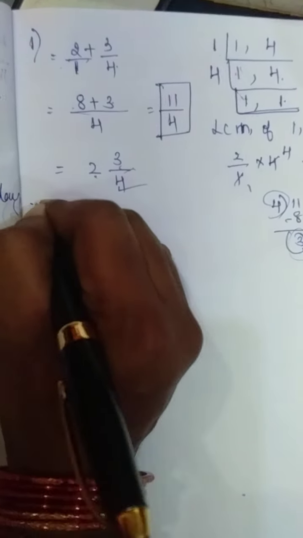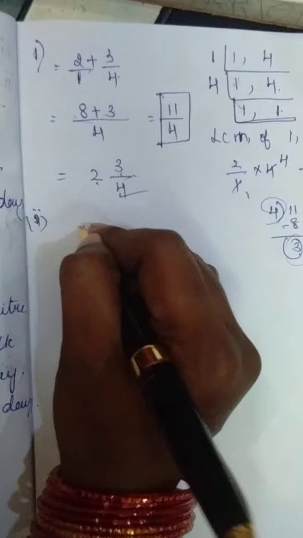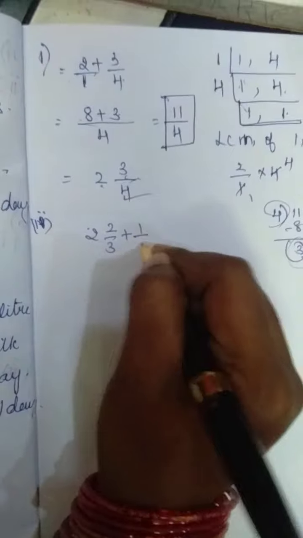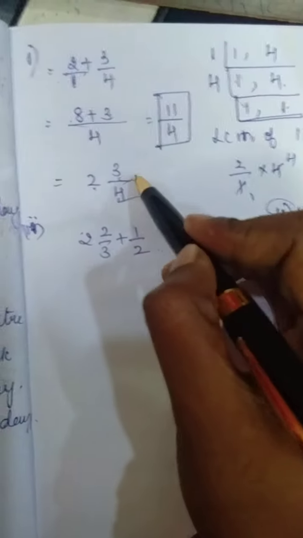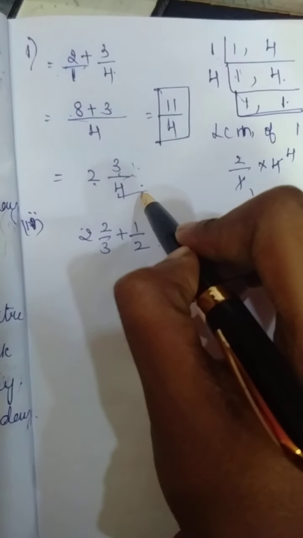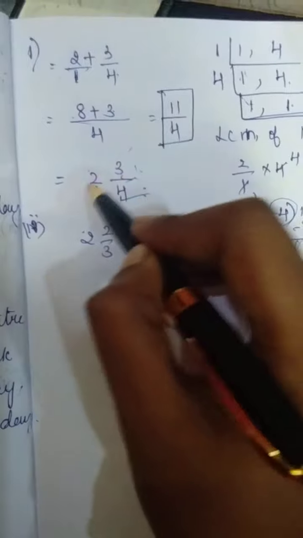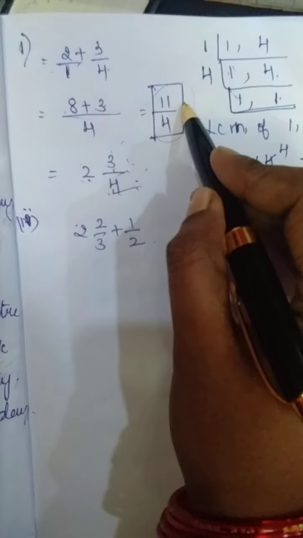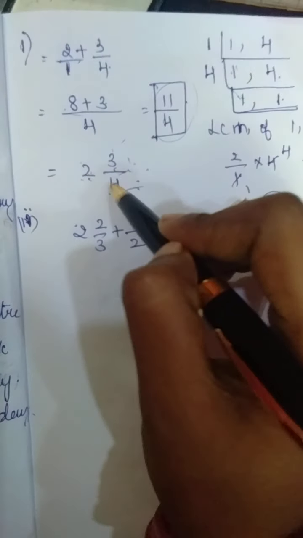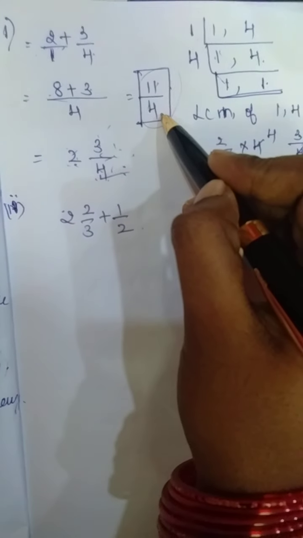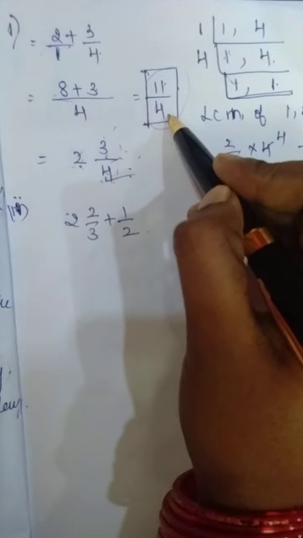Okay, I will tell you one more problem. The remaining problems you have to do on your own. Okay, this is your fourth problem, that is 2 by 3 plus 1 by 2. Okay, see here, in your previous problem you got the answer like this. Whether it is correct or wrong, how can you know that? Tell me. If you compute this one, you will get this one, then only the answer will be correct. Okay, see here, 4 2s are 8. 8 plus 3 is 11. Denominator is 4. Is it correct? Yes, this is how you have to do.